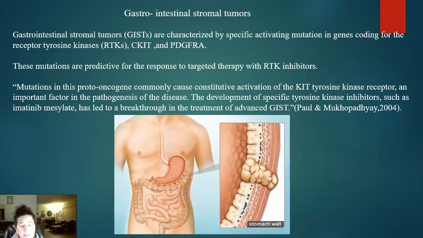As I had mentioned, when we do have cancerous cells, they're just going through their mitotic activity without any regulation, right? There's no rules here. So they just grow and grow and grow, impeding upon the healthy tissue. And that's what the gastrointestinal stromal tumor is going to look like. It's characterized by the activating mutation in genes coding for that RTK. So this is where the RTKs are definitely going to influence cancerous activity. So these mutations are predictive,